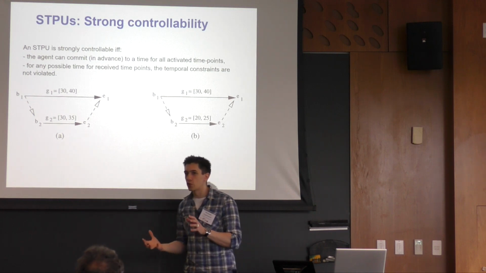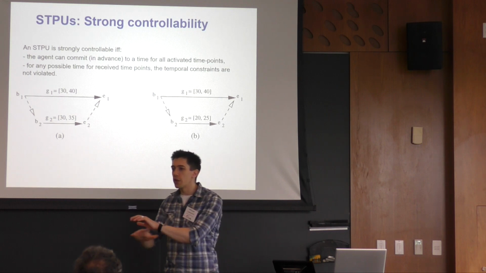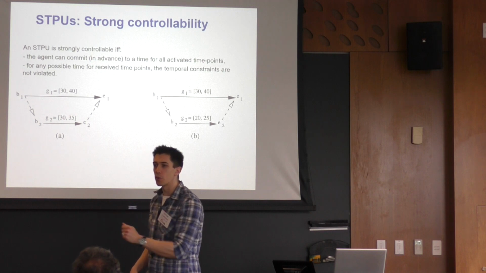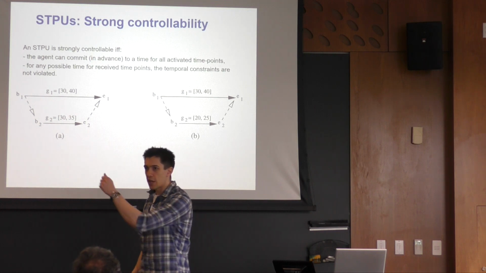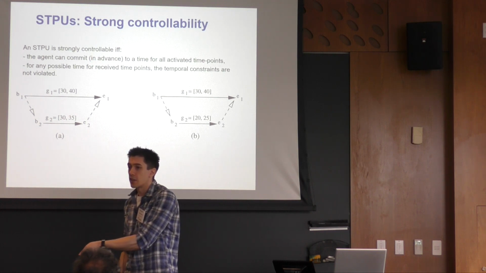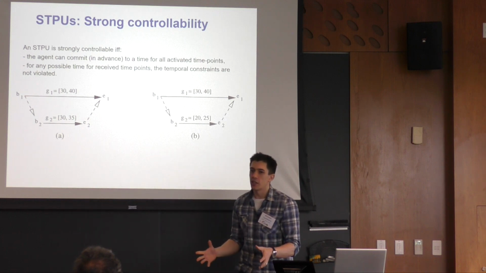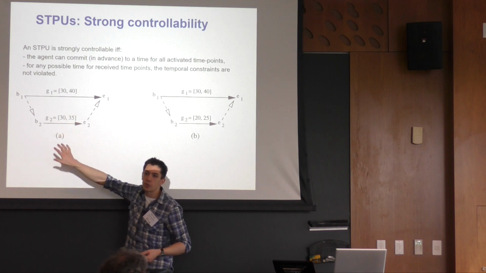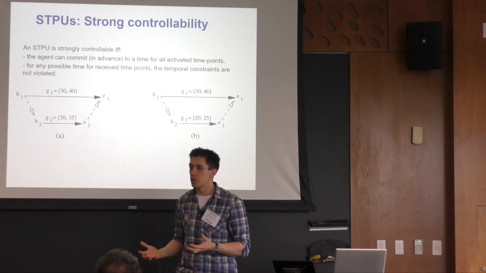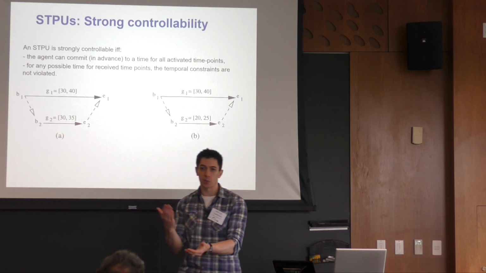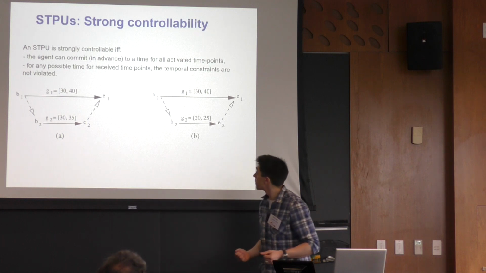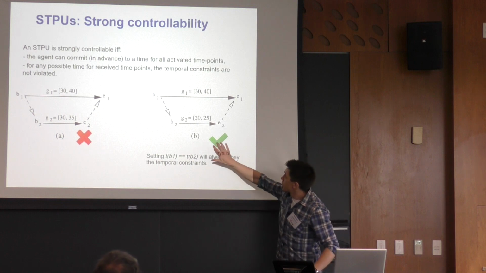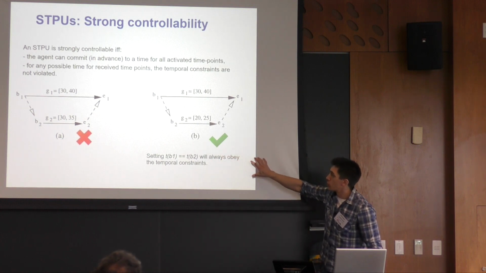We say that the plan is strongly controllable if before we even begin to execute, we can assign a time to all of the controllable time points, much like the estimated dispatch time that the planner has assigned, and then be guaranteed that as long as all of the action durations fall within the upper and lower bounds that we estimated, the plan will still succeed. All of the temporal coordination will kick off perfectly. In this case, this plan is strongly controllable.